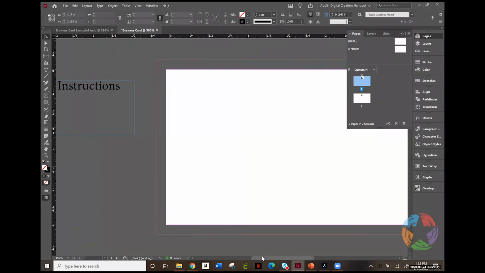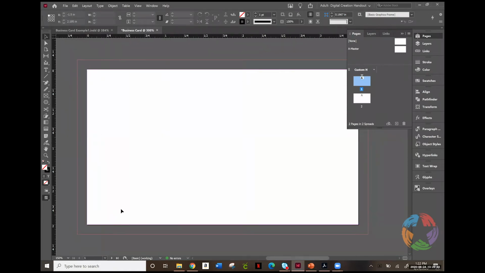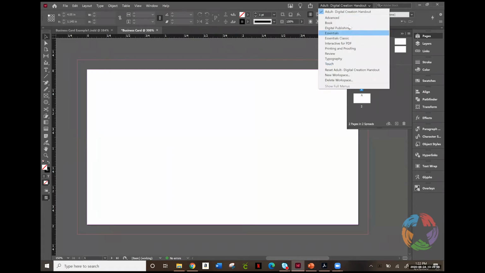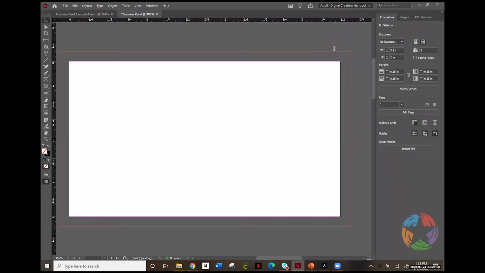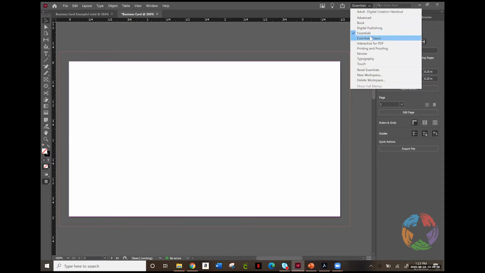So we have our page. This is our workspace. We're going to kind of go over that real quick. We have our tools over here on the left, our panels over here on the right. You can adjust everything that you see in your workspace up here at the top with your switcher. I prefer to work with Essentials or Essentials Classic. Essentials takes everything on your workspace and puts it over here on your right. I, however, grew up with Microsoft Word, so I really prefer Essentials Classic,